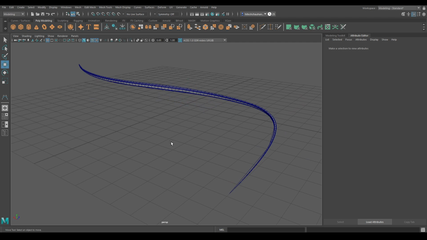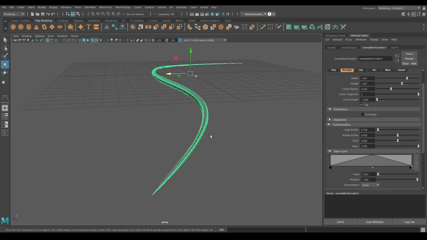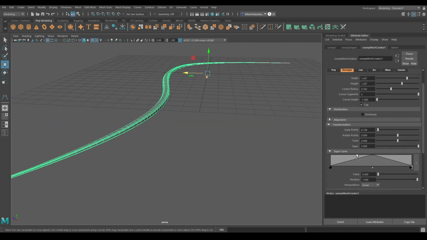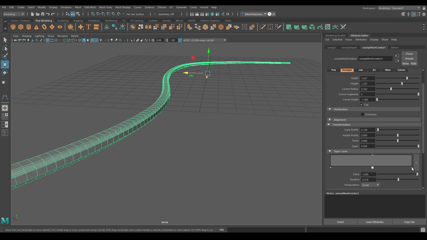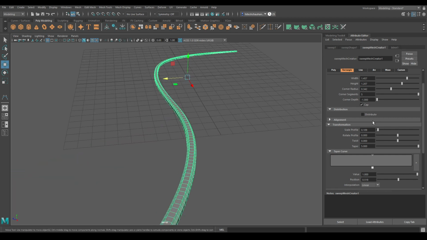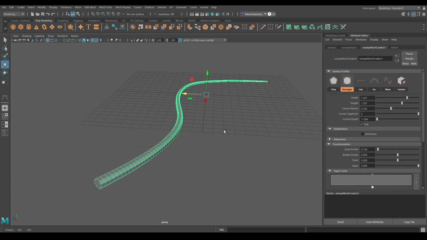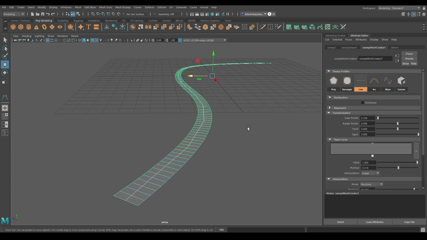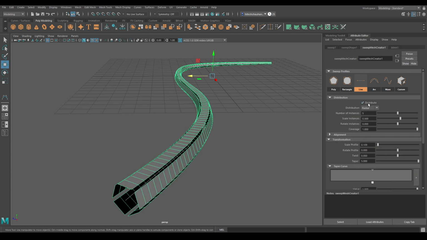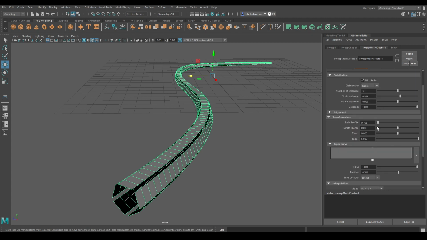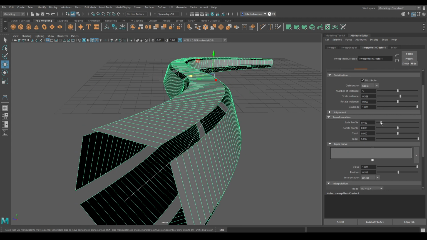Like this. Click on this line and it's going to give you a flat surface, which you can also distribute or transform in any way you want.